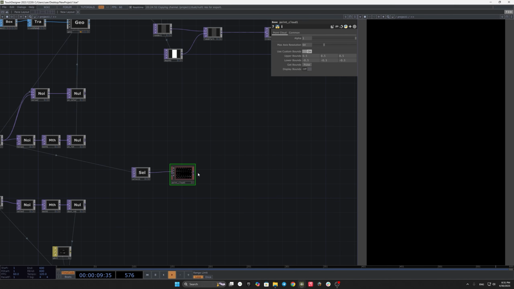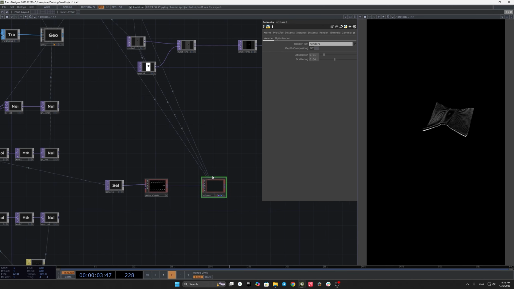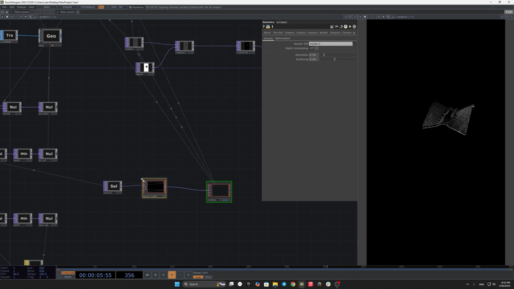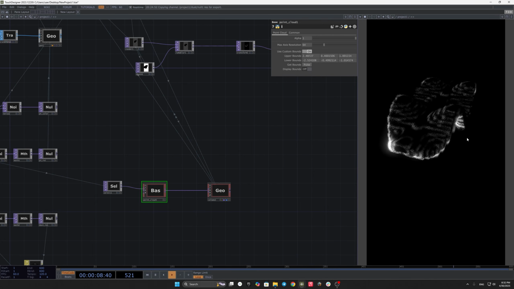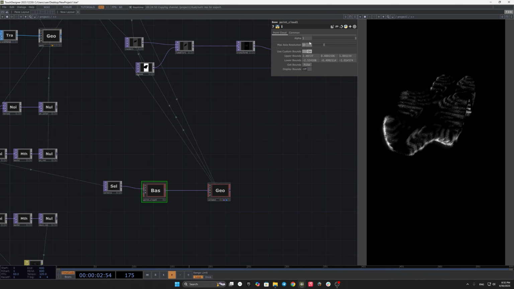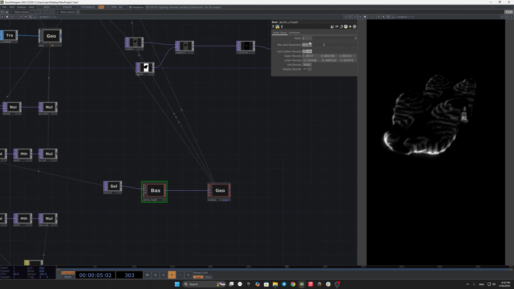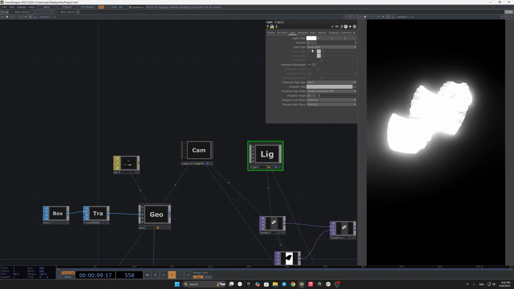Let's connect it to volume actually. And now we have a cropped version of our geometry. To refine that, you can either get bounce, and I would also like to increase the resolution here. Let's use something like that. And also